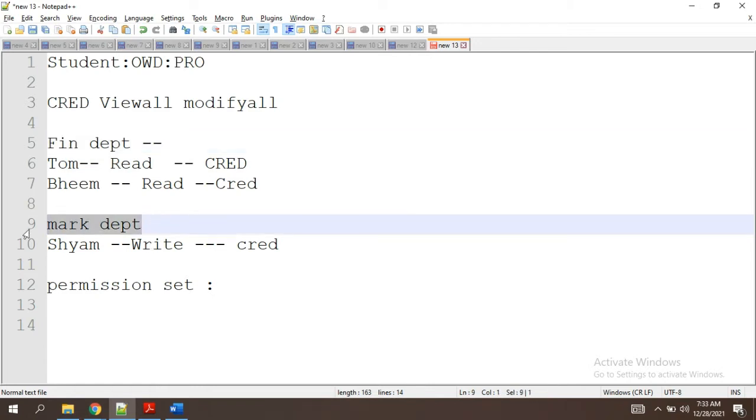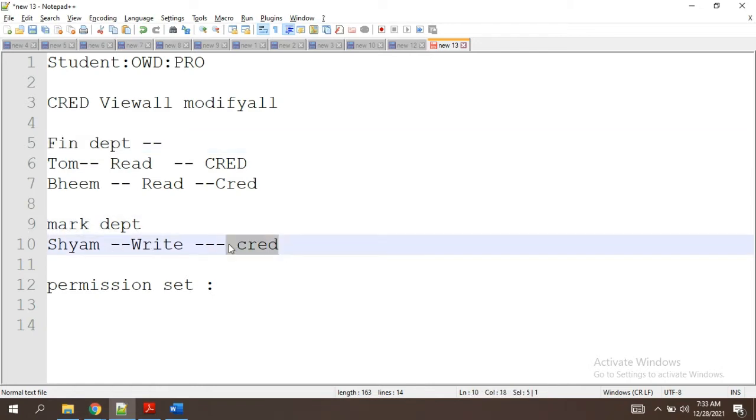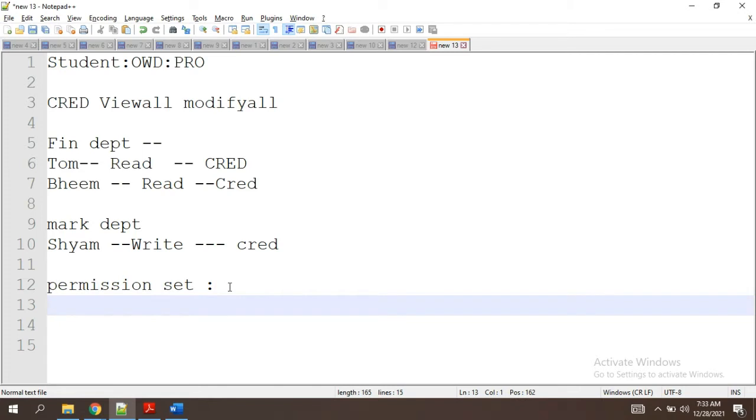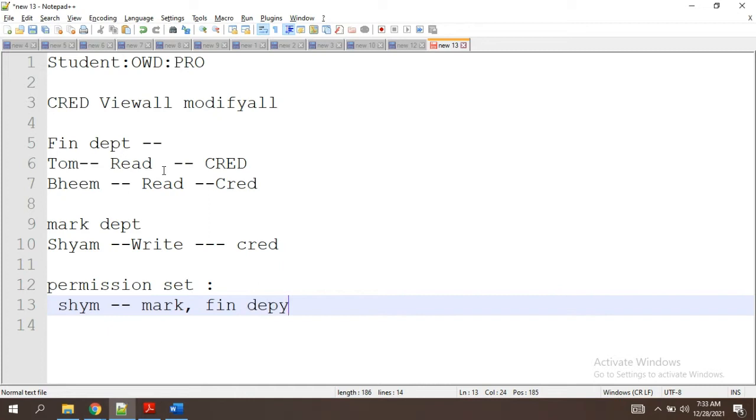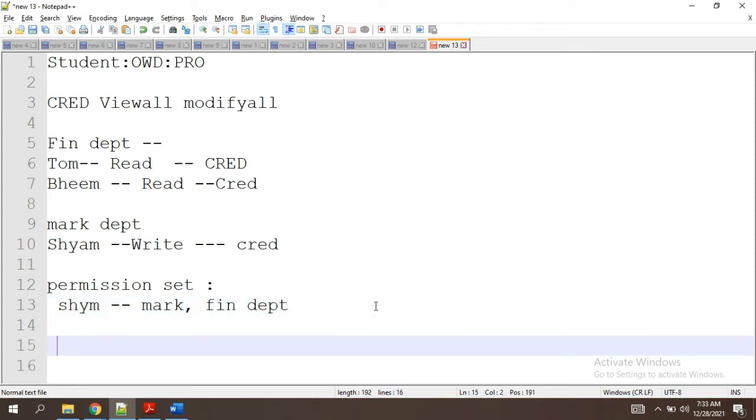So in the marketing department their own records will be seen, but now Sham wants to see the other department's data also. At that moment, we cannot assign Sham two profiles. Sham cannot get marketing as well as fin department. Okay, in this case we will go to permission set.